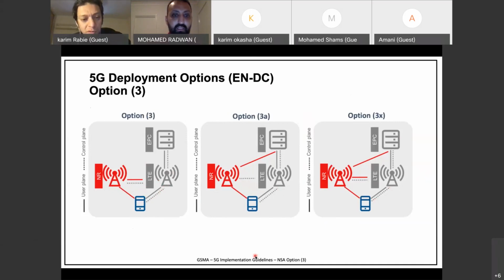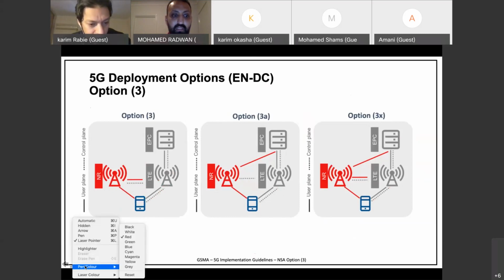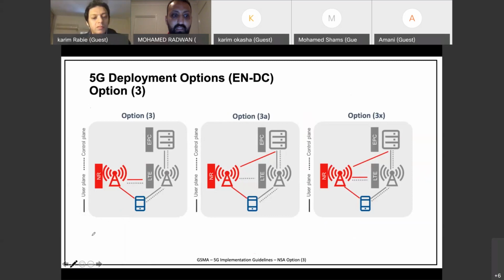But I would say, to give you the look and feel of the coverage, because this will always make a difference, let me draw something. Okay, so as I told you, the 5G coverage will always look like spots in the big 4G coverage. That's one of the aspects of the 5G. We talked about that I think in session 1 or session 2, that when you go higher in the frequency, there is an impact on the coverage, right?